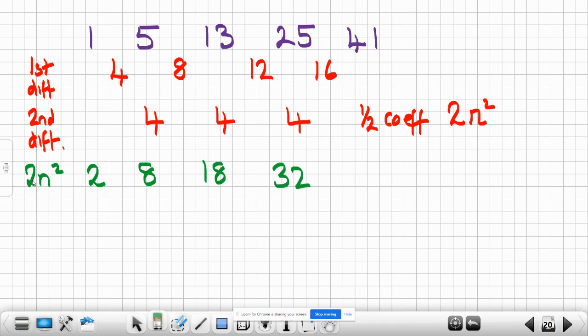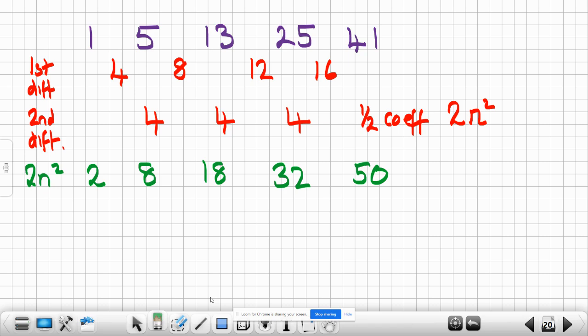And 5 squared is 25, double it up, you get 50. So it's just the square numbers doubled. 1, 4, 9, 16, 25 becomes 2, 8, 18, 32, 50. Now let's see how that differs